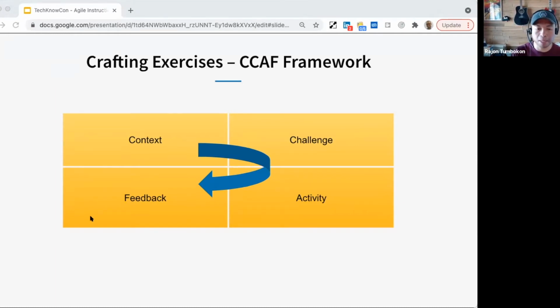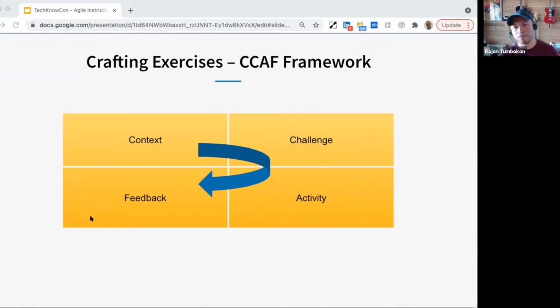So many times, especially in self-paced training, a lot of the content part is in the feedback. It's where the learning happens. If the learner fails, they're given feedback so that they can have that aha moment and correct themselves.